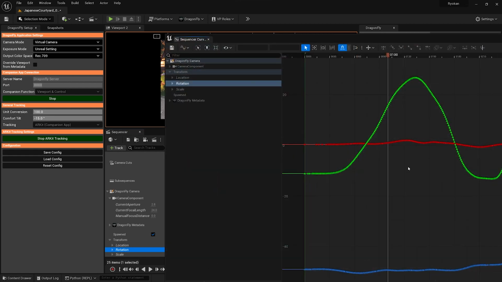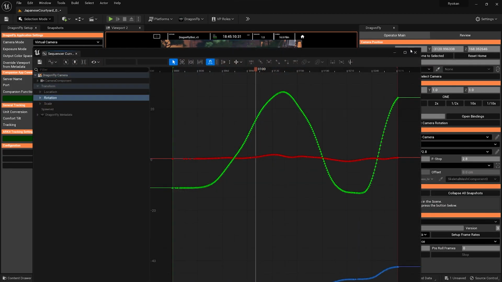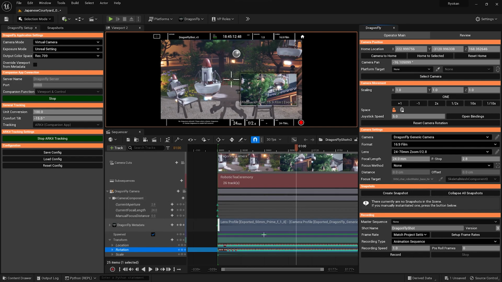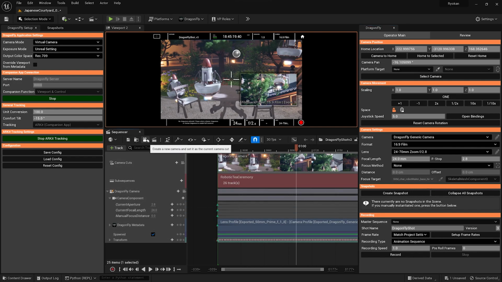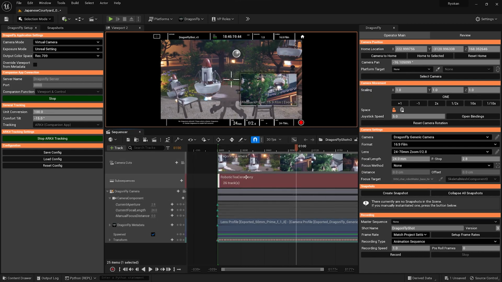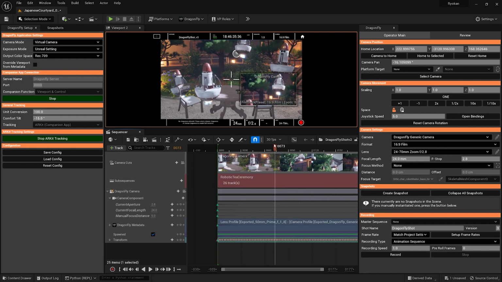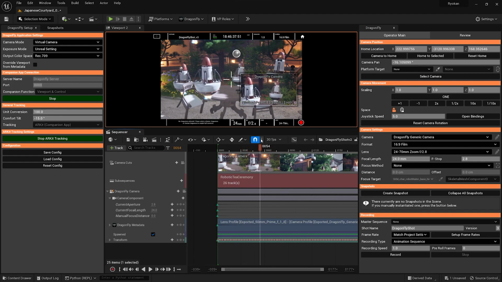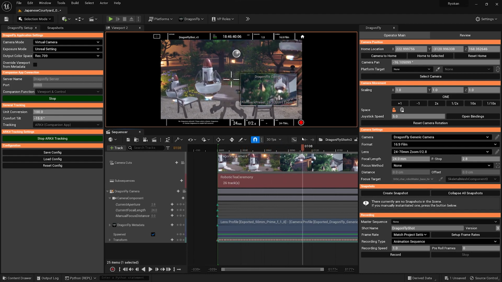You can see this is a fairly smooth curve. That's because I applied that little bit of smoothing. So at this point, our smoothing is baked down at the correct frame rate. But yeah, we can do anything with this that we can do with a normal Unreal Engine level sequence, including rendering this shot in Movie Render Queue. Note that we also have our master sequence embedded here as a subsequence. So that simply helps keeping our animation aligned with the camera animation here.